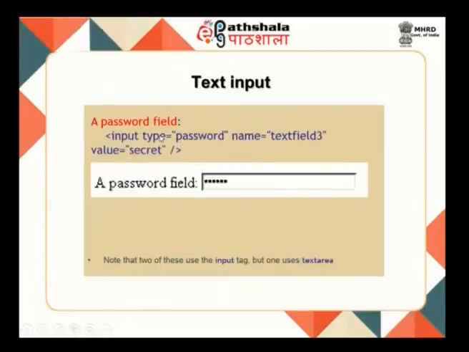The third kind of text input we can provide is using a password field. Here, using the input tag, you create the password element, the type is specified as password, and the name for this field is given as text field 3. This normally does not appear in the HTML web page, but it would be used by the script code, and value equal to secret. When it is a password field the value would not be displayed. So, you can see that some special characters are displayed in place of the value secret. The label, a password field, appears here, and then a password field is created which has the value secret that is not displayed.